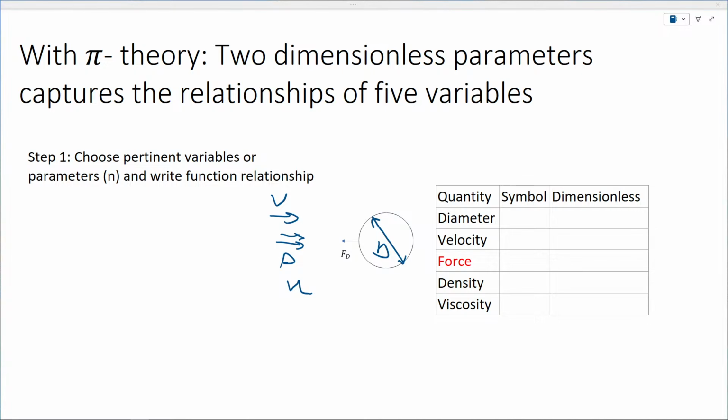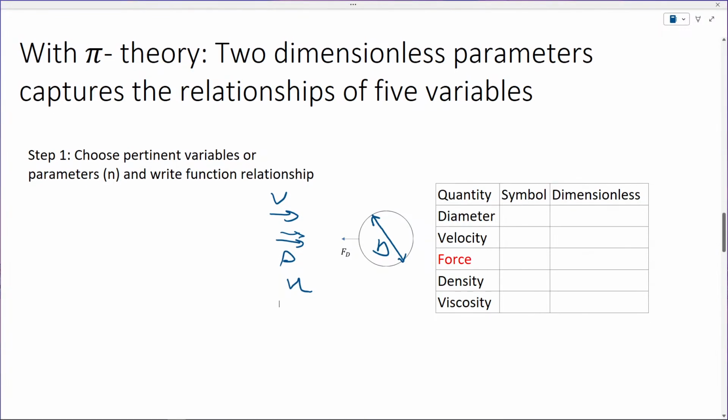So basically, this is what we did last time. Last time we chose the relevant variables or parameters and wrote a functional relationship. The functional relationship here is that we know that the drag force is a function of